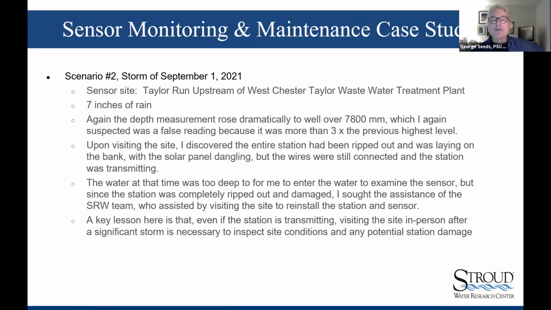The water was still too deep for me to get in at that point. But since the station had been entirely dislodged, I sought the assistance of David and the Stroud team, and they went out to do some stopgap repairs. But one of the key lessons is that even if the station is transmitting, there's no substitute for visiting the site in person after a significant storm